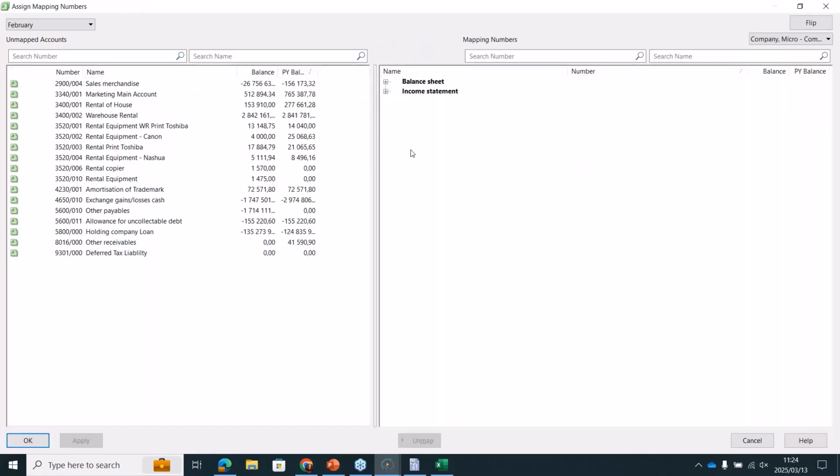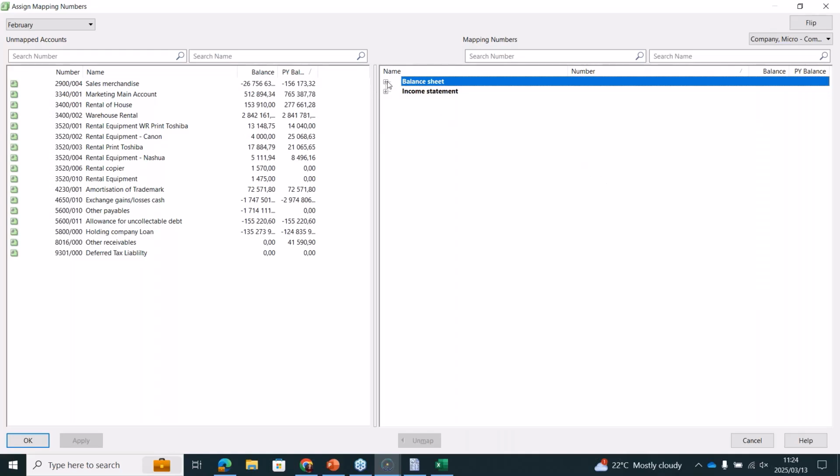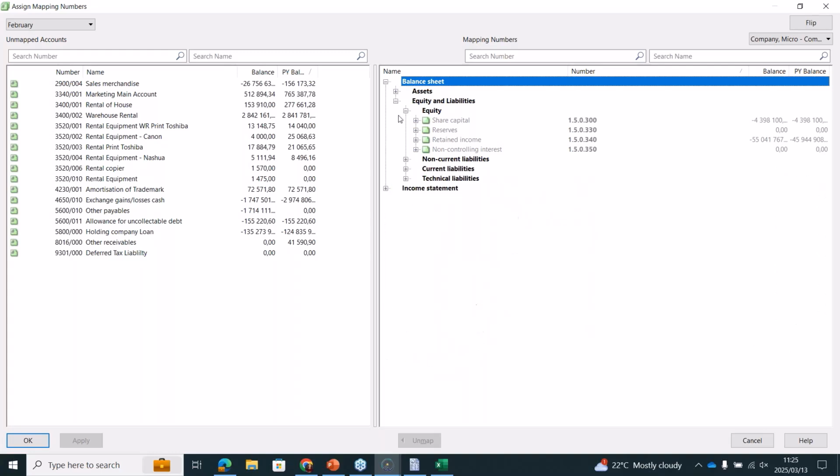Well, yeah, there we go. Incidentally, I just want to show that if you're on the mapping side, you can also right-click, show and hide prior balances. Okay. Right, so let's open balance sheets again. We're on equity and liabilities. Equity, now only the company-related items are available. And then, of course, you've got your non-current liabilities, current liabilities,